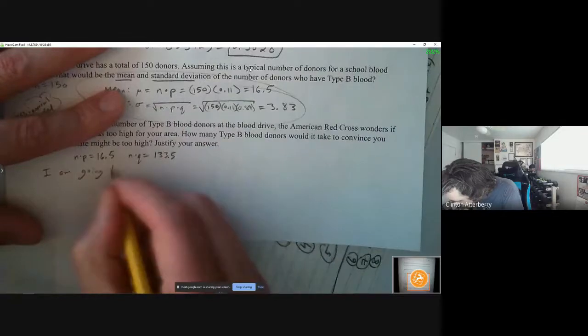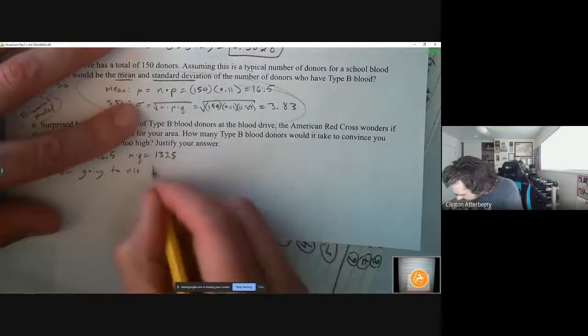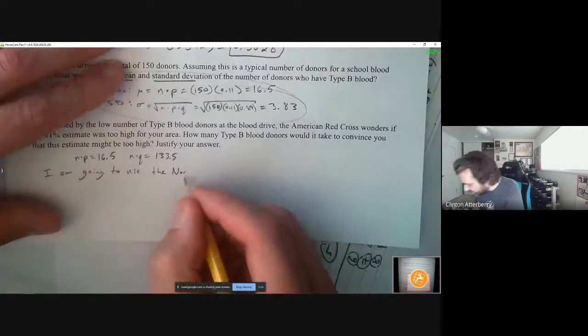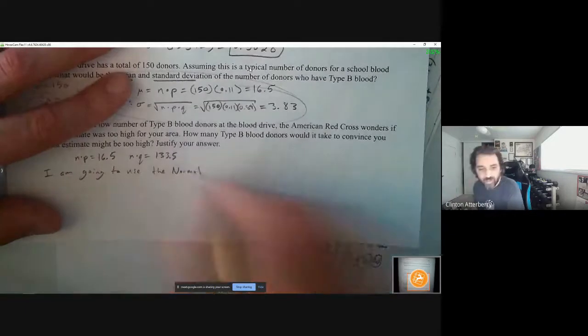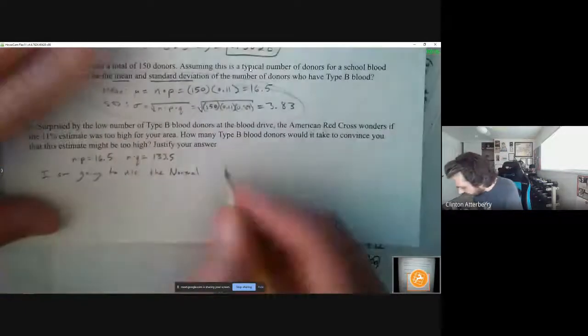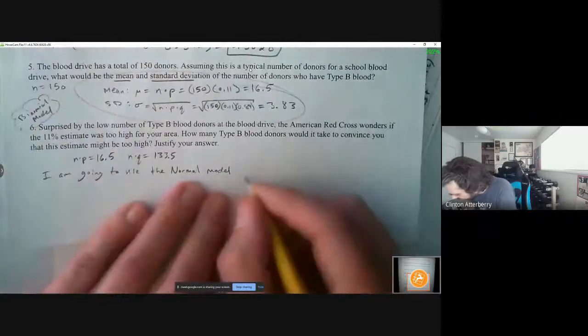Oh, wait. I'm going to use Normal in capital, because this is actually a proper noun here, right? Normal model. Not just any old model, but the normal model, like we use the binomial model. This is the normal model. Okay. I'm going to use the normal model since